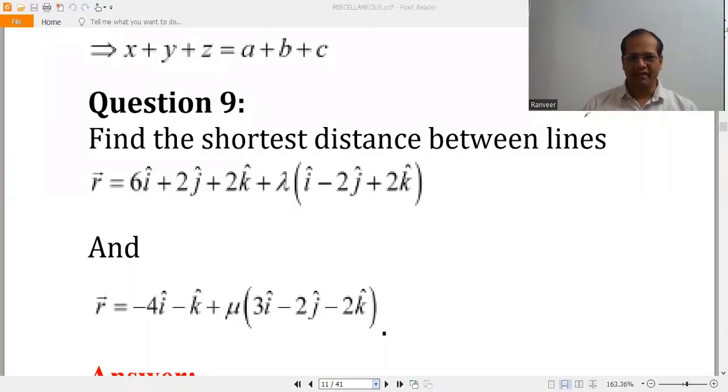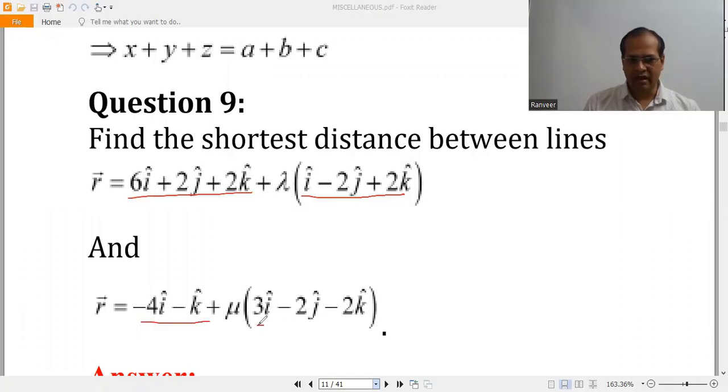Question number 9. Find the shortest distance between the lines. The line is given as r equal to 6i plus 2j plus 2k plus lambda (i minus 2j plus 2k), and another line is given as r equal to